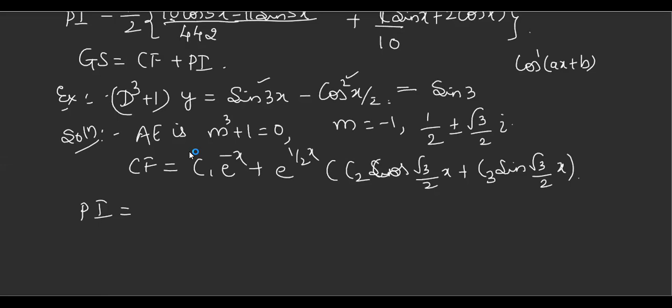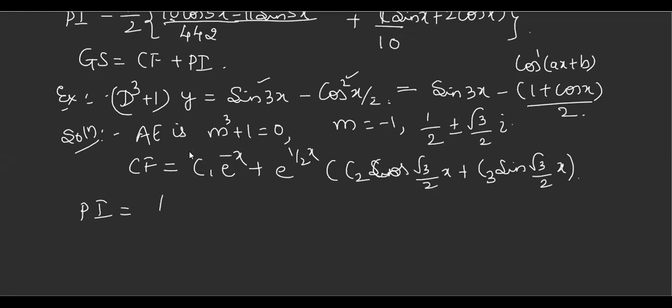So write a formula where power 2 is converted to 1: cos square x by 2 equals 1 plus cos x, whole divided by 2. So this is how it has to be taken up. Altogether you will get 3 terms. One is sine 3x as it is. Next is minus half. So constant means what has to be attached with that? e to the power 0x, exponential. Then the third term is cos x upon 2. So you will again get the combination of the first two cases.